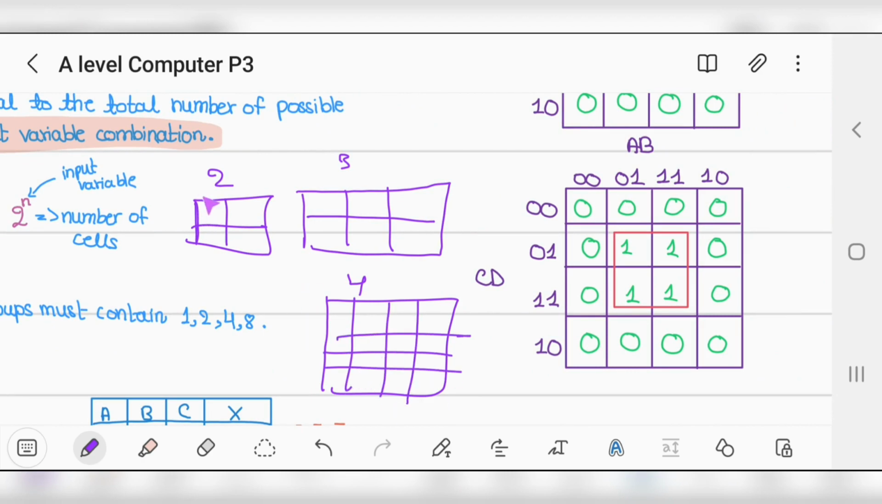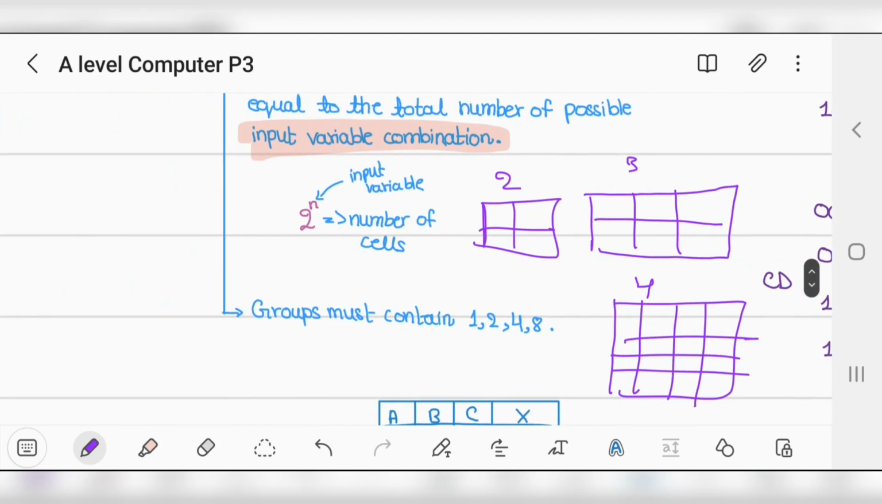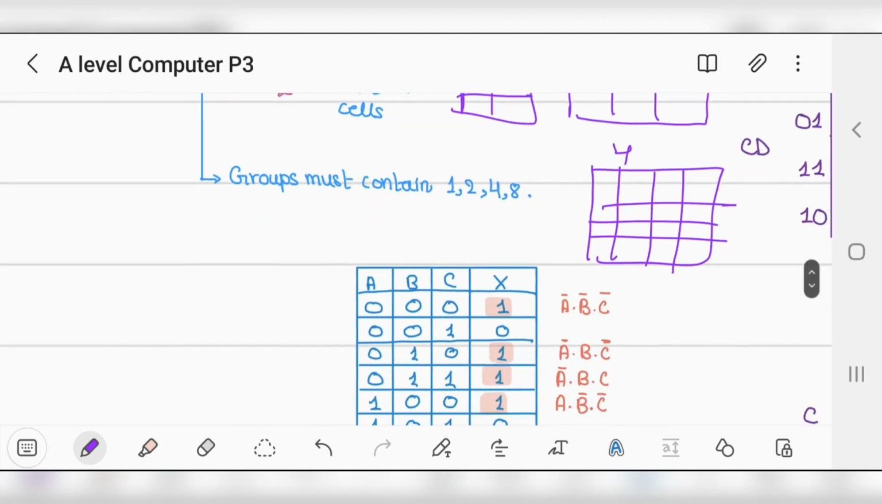If you get two inputs, you will get this box. If you get three inputs, you will get this box. If you get four inputs, you will get this box. And we will discuss what it means. For now, let's move on. For example,